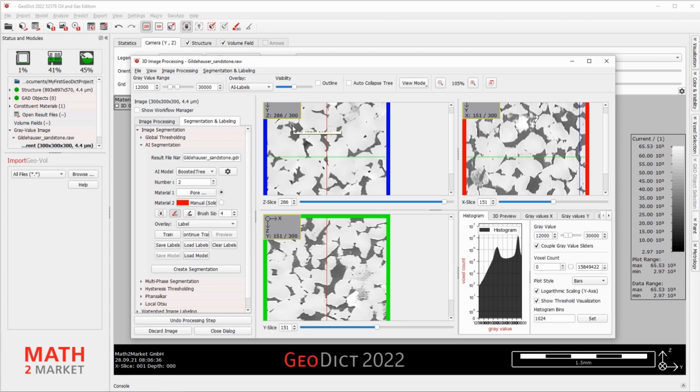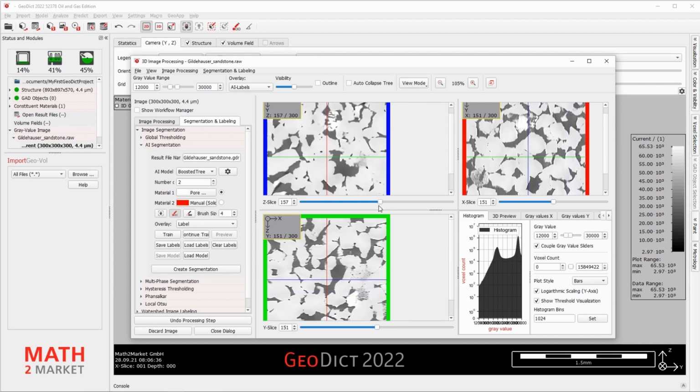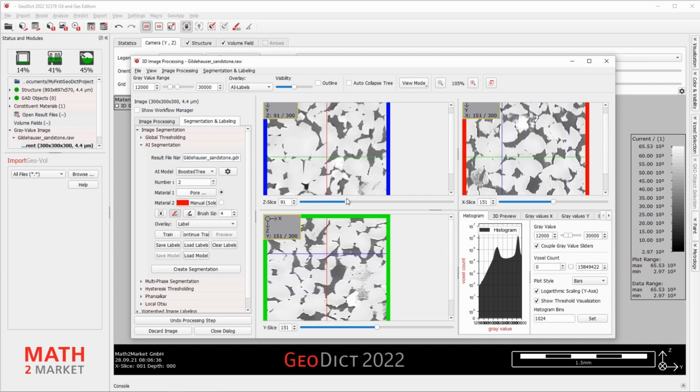Then you can select the pores by clicking and holding the left mouse button. Make sure to select regions from different slices.